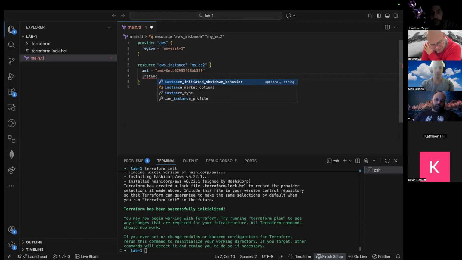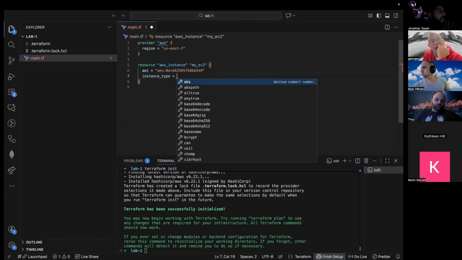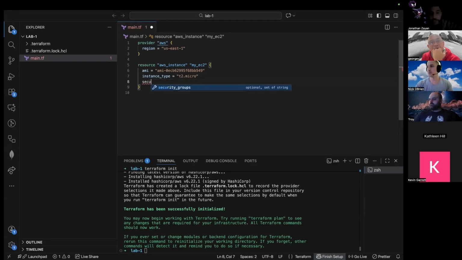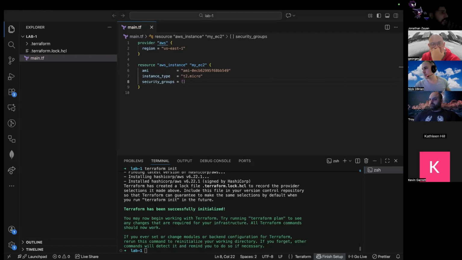And then before you asked about what kind of options we have. Because remember, everything here means something. I can't tell you specifically what, but at least in my version, I do have this autocomplete. So instance type. And then for this instance type, what we do want specifically is a t2.micro. And then notice there's no commas or anything. And then security groups also autofills. And then for this, we're going to copy in because we need it to be exact.